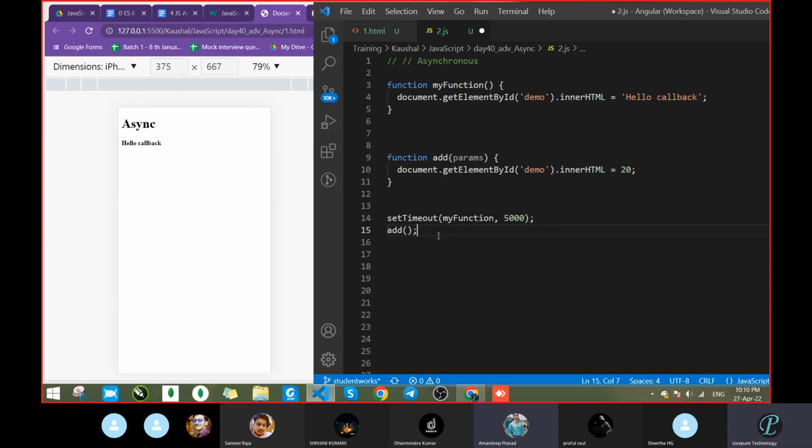As per time, it is getting printed. So this position will not matter, because anyway this function will get called. My function gets called only after 5 seconds, because setTimeout is there, and this is working as a callback. It will get executed after 5 seconds.